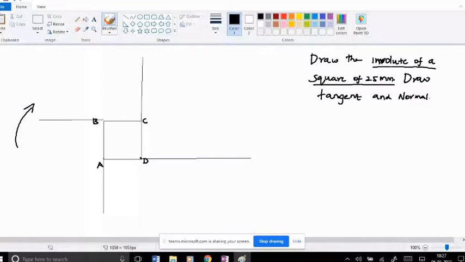D dash. The length of D dash is the length of the perimeter of the circle. So that is nothing but 100 mm. Okay. So after doing this, what you need to do is